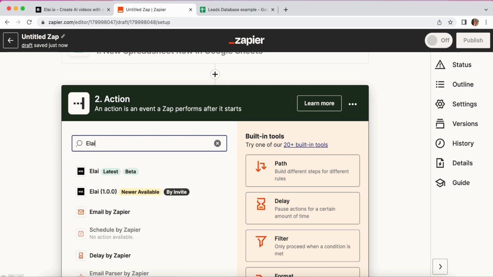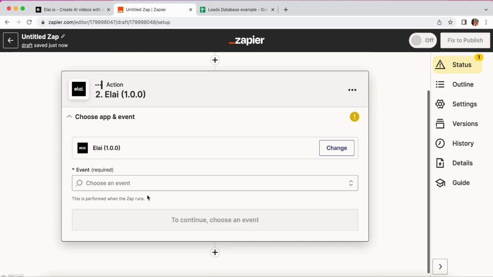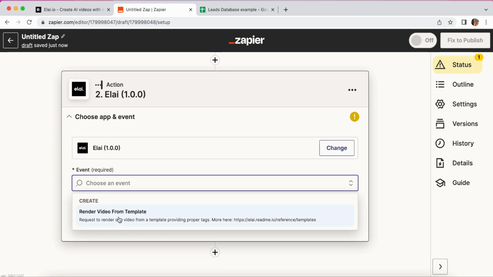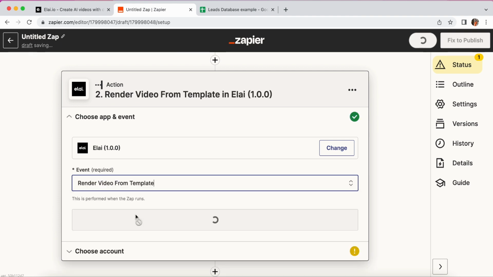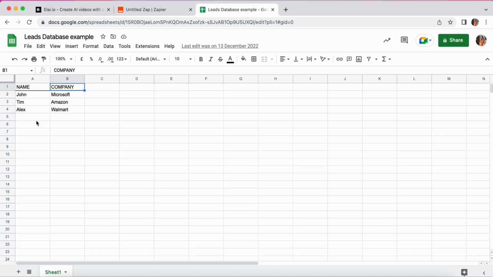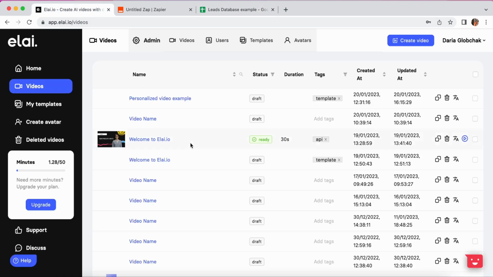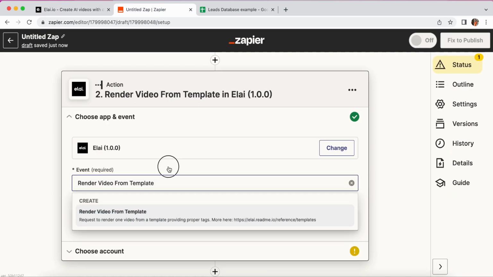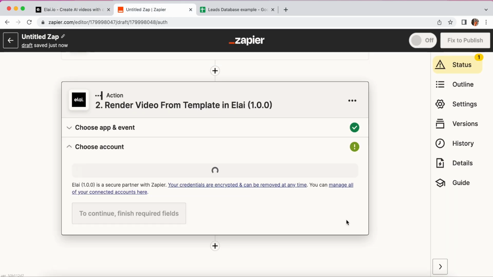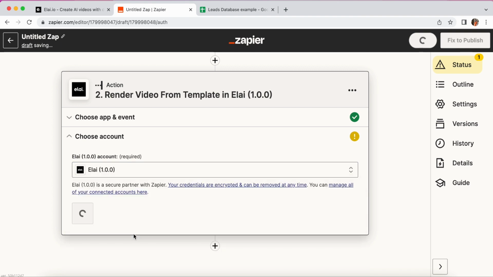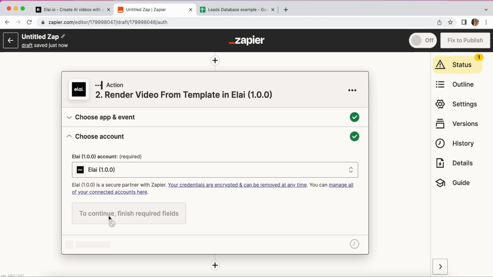In our case, we need to choose Elai, the newest available version, and pick an event. In our case, this is render video from the template. So again, every time you add the new info, the new row in Leads database example, the new video will be rendered automatically right in Elai Builder. Click Continue, link your Elai account,